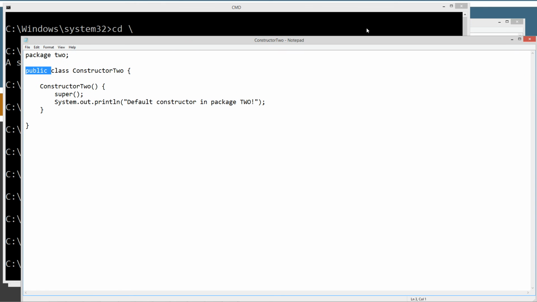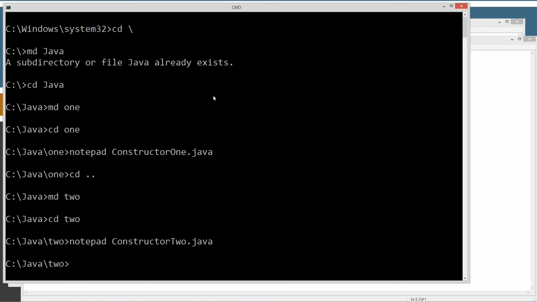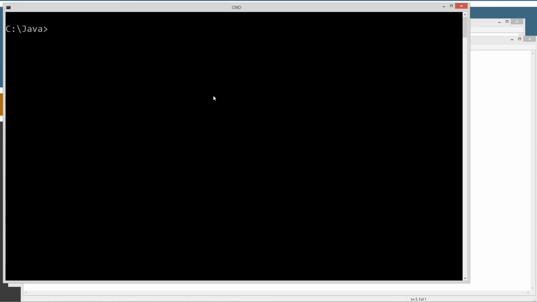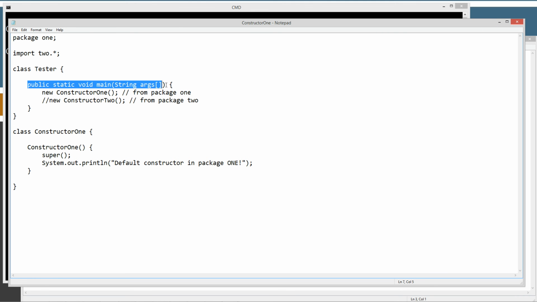And you know what? Let's just come back to this here. We'll play around with the constructor1 stuff first. Let's go down a folder, and I'm going to clear the screen and type in javac 1/constructor1.java. Let's go ahead and compile that original source file here. And let's run the tester method here, right? So the tester is going to invoke the main method here, and it's going to create a new instance of the constructor1 object and invoke the constructor1 constructor, right? And since we are within the same package, everything will work just fine, and we'll see this displayed,